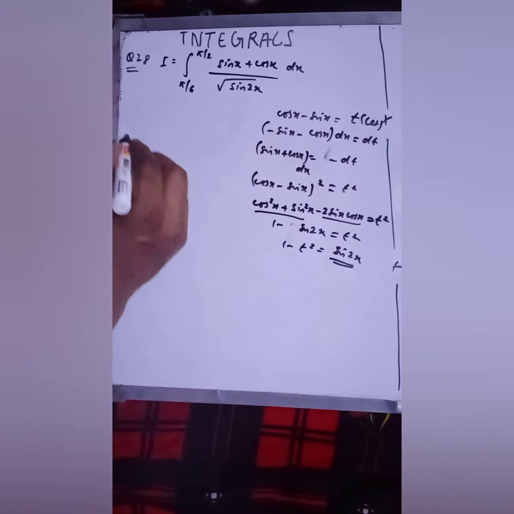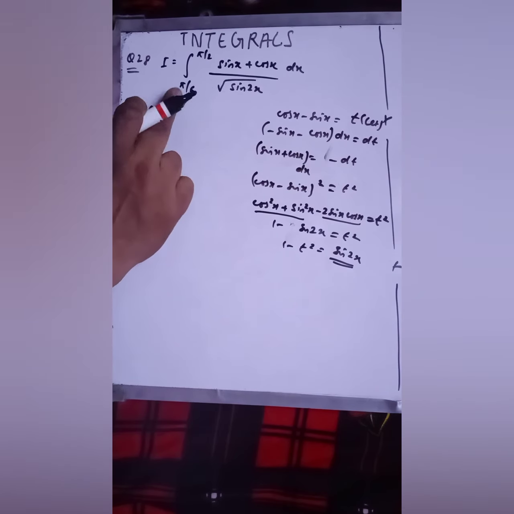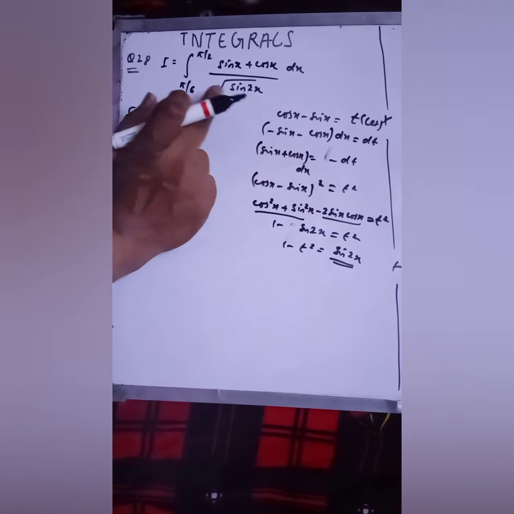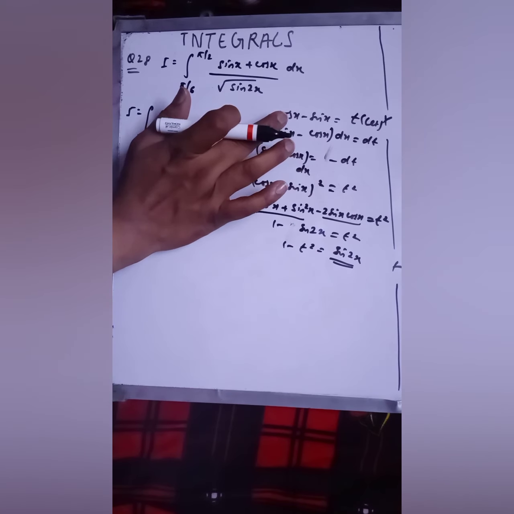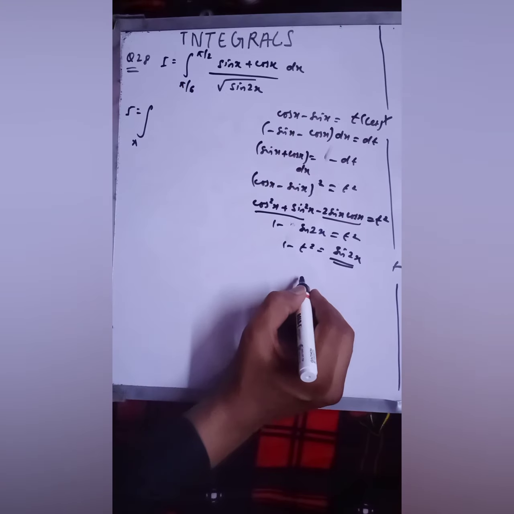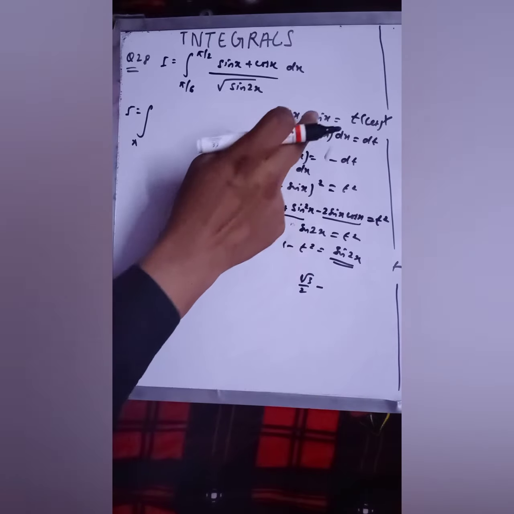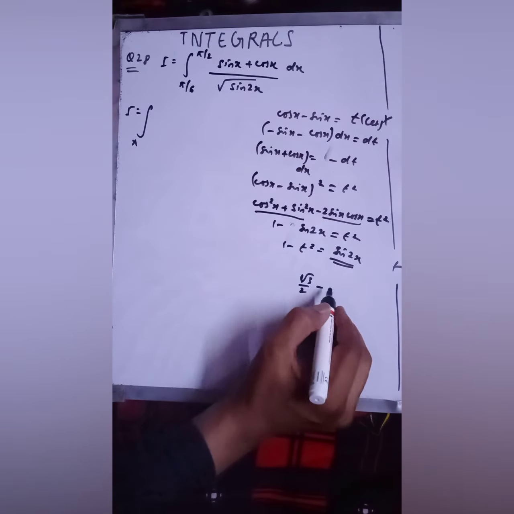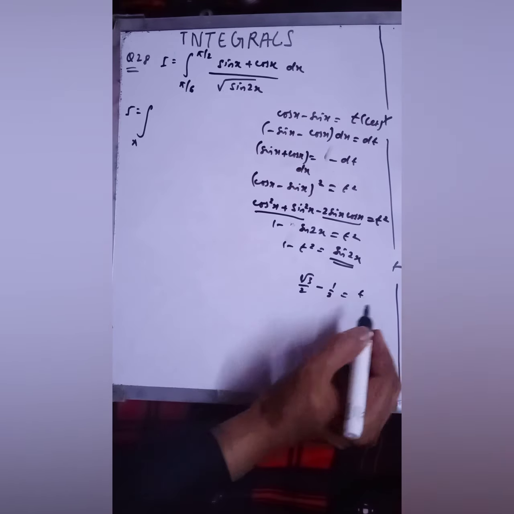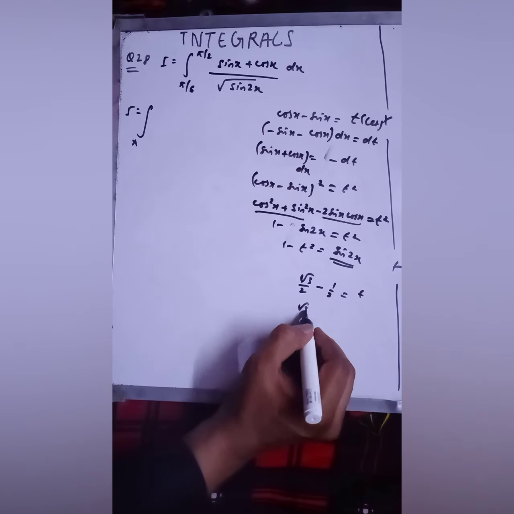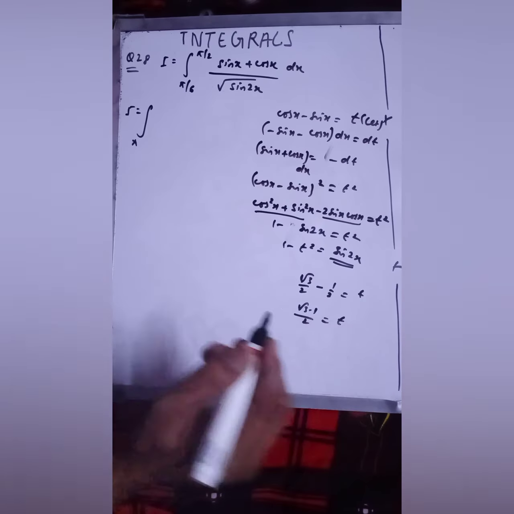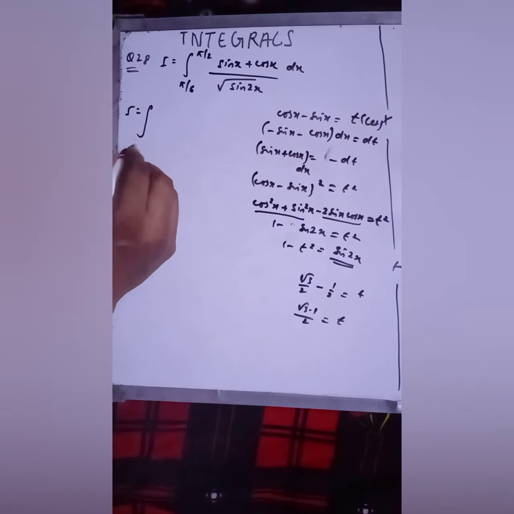So in place of sin 2x, you have to put this value. So here I am putting it. Your I is equal to integration from pi by, not pi by 6. So here you have to put the limits also. If you put pi by 6 here, at cos 30 the value of cos is root 3 by 2, minus sin x at this is 1 by 2. So when you solve it, you will get root 3 minus 1 over 2. So this is the value of this part.